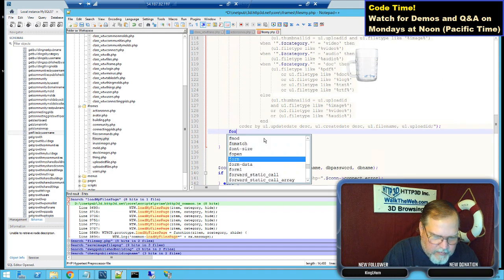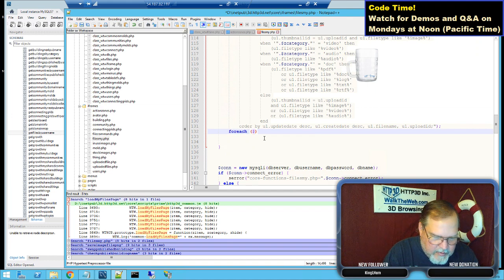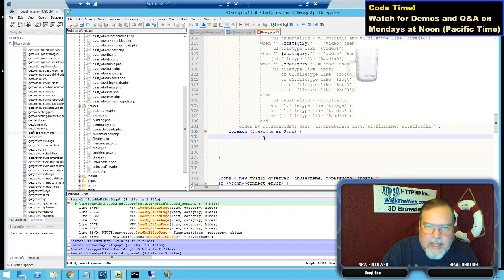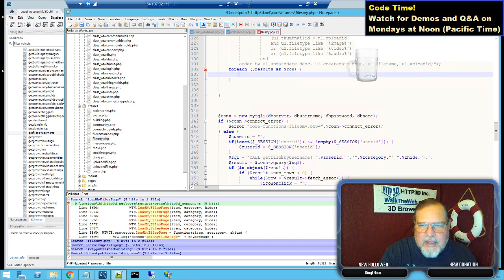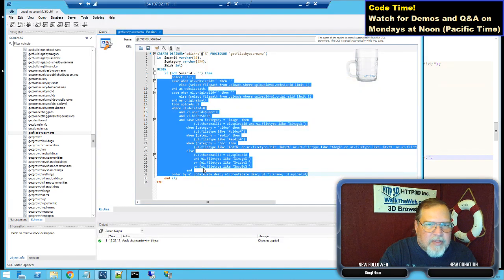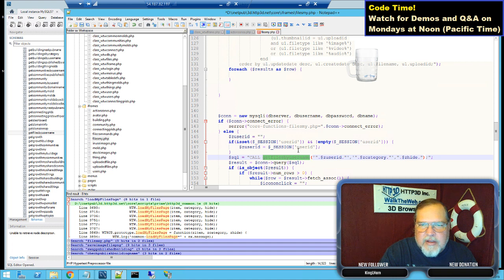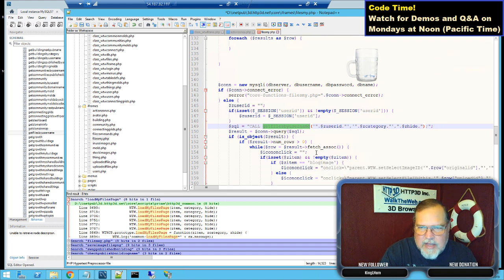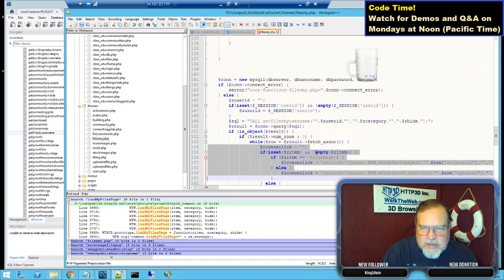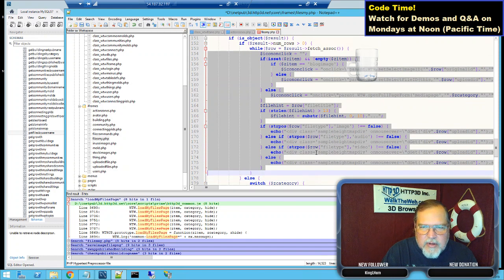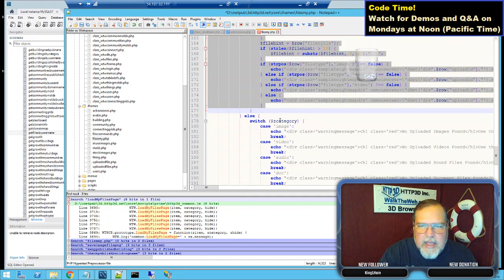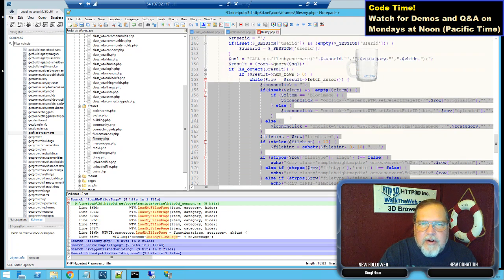Here for each results as row. And now we have the loop through our record set that we bring, not record set, sorry, it's an array. We convert the record set to an array and bring it back. So now get files by username. I grab the whole thing. We're doing that function directly in the code, so we're not doing that. And the next part is what happens with what it brings back, which is going to be this section of code right here. And there's some error trapping there, so